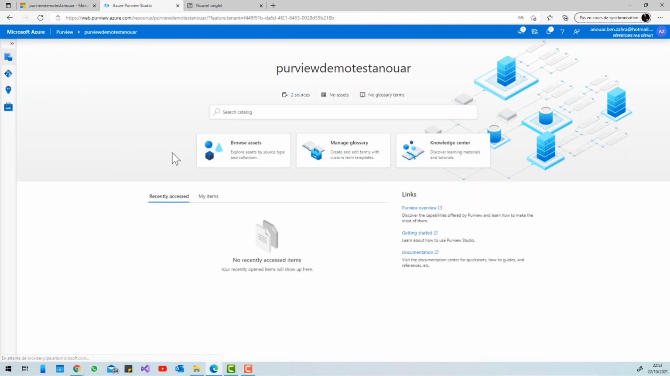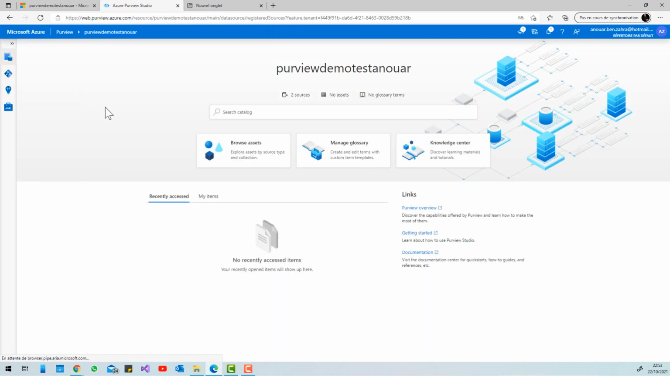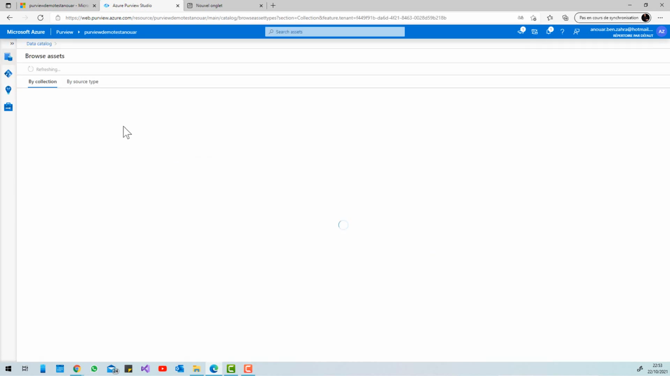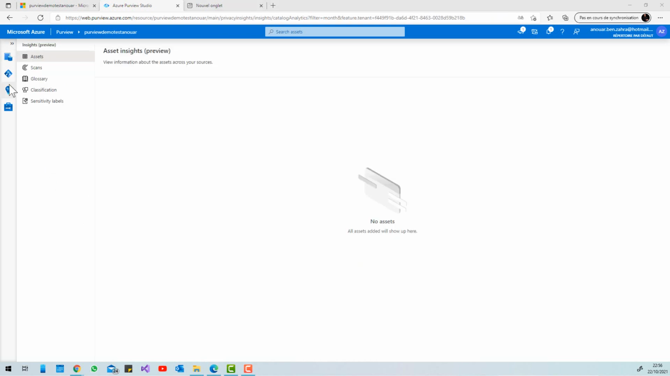If I go back to the summary, here I have two resources that I have added in the map view. Here I can also browse the assets by dataset or by collection. Here is the classification that is detected, but now I have no connection with the data source. I don't have the key vault value to connect to the data source. Inside also I have the classification